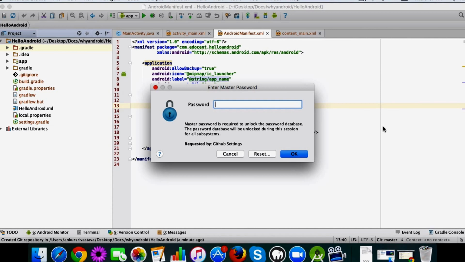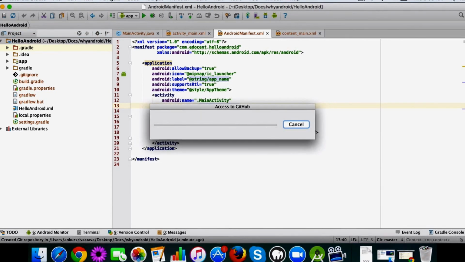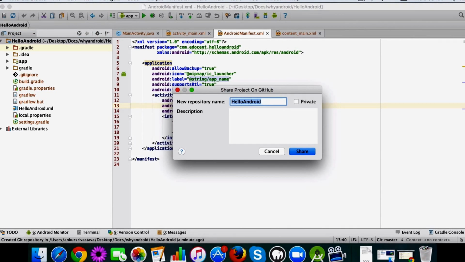It asks for a password, and this is the password which you set in your GitHub account. I have it set as something, and you can also do that. I'll show you how you can set up the password in a short while. Then it asks for the repository name.